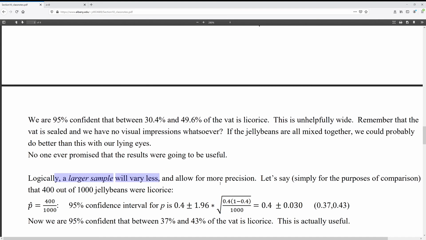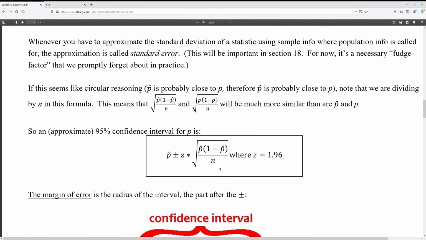But how does it play out in formula terms? Well, you can see it, right? The larger n is, the smaller you're dividing by it. So the smaller this whole square root thing is,